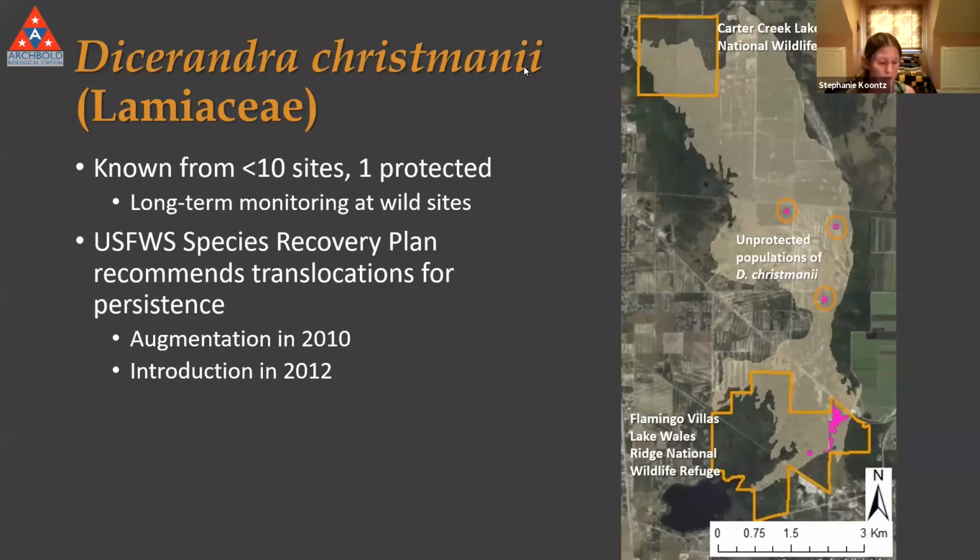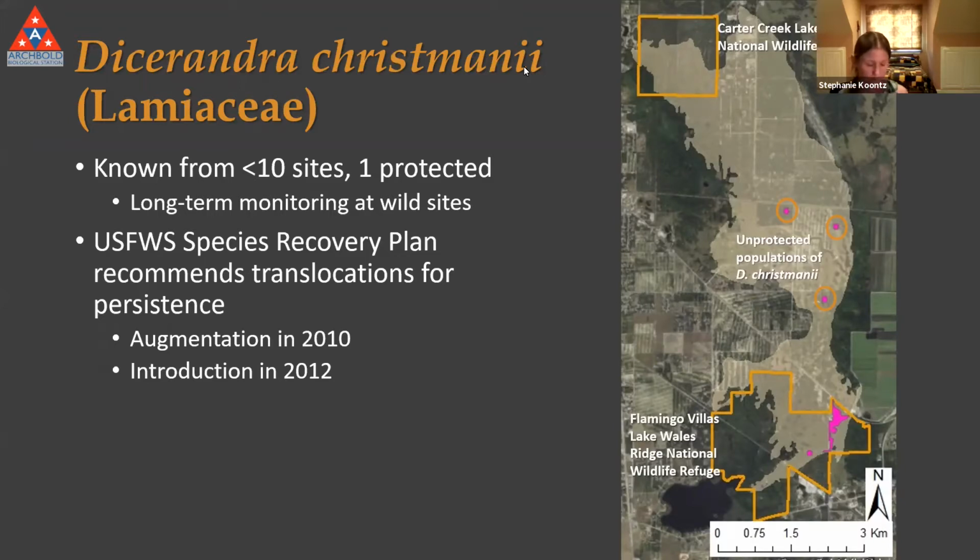Dicerandra christmanii is known from only a few sites, one of which is protected, the Flamingo Villas, part of the Lake Wales Ridge National Wildlife Refuge. On this map on the right, you can see the property in the bottom part of the map, and the populations are highlighted in pink. There are a few unprotected wild populations just north of this property